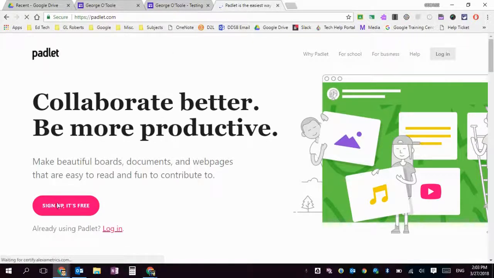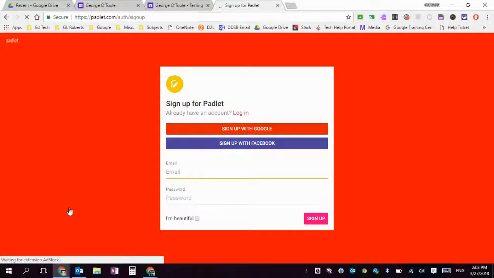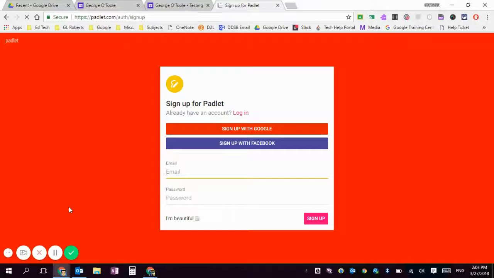So it's free to sign up. All you're going to do is click on the little sign up here, and make sure that you're logged in properly with your student number at ddsbstudent.email sign in, and make sure you're using Chrome. And you'll see here it says sign up with Google. So I'm properly signed in. I'm clicking sign up with Google here,